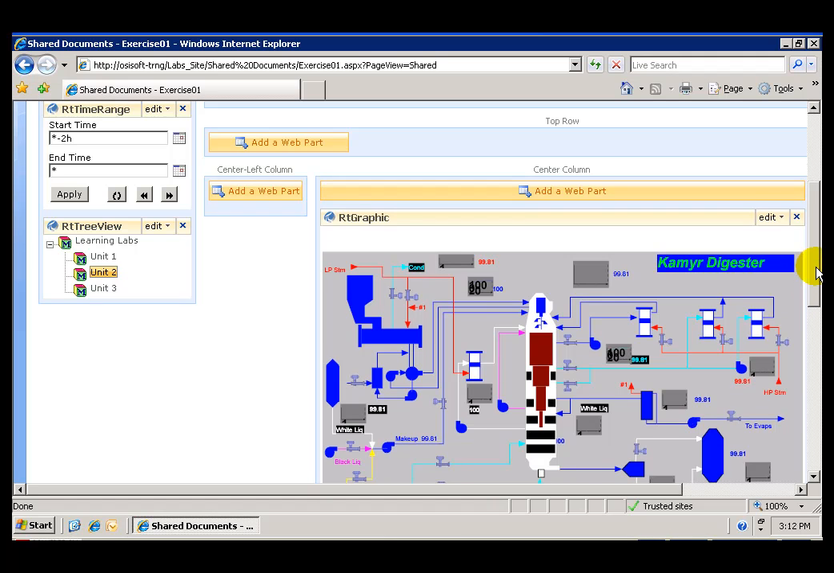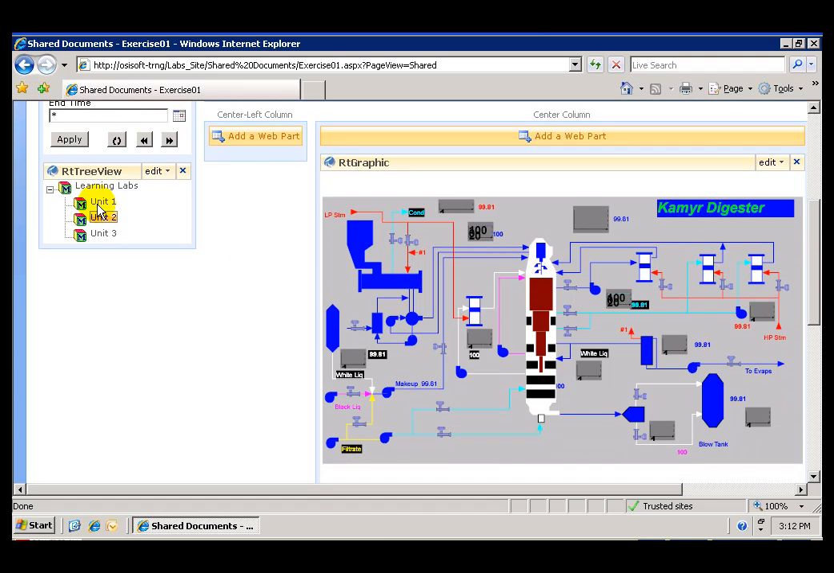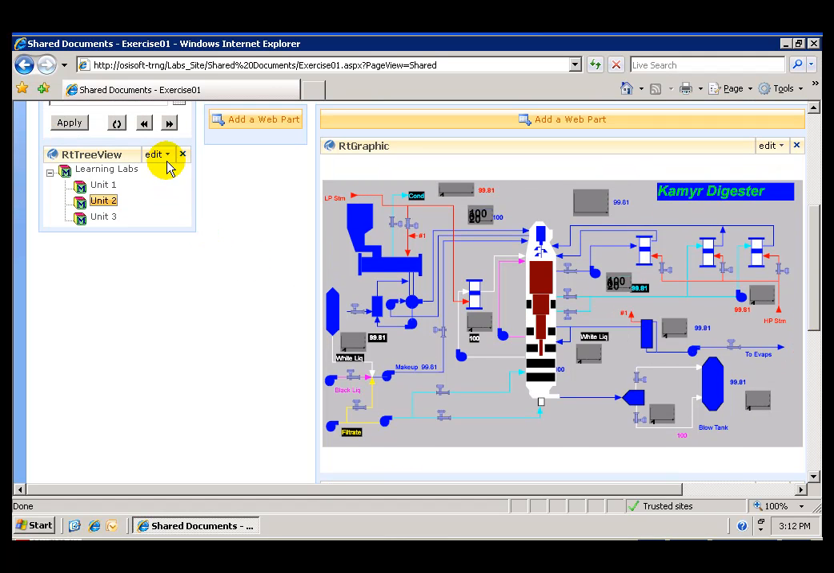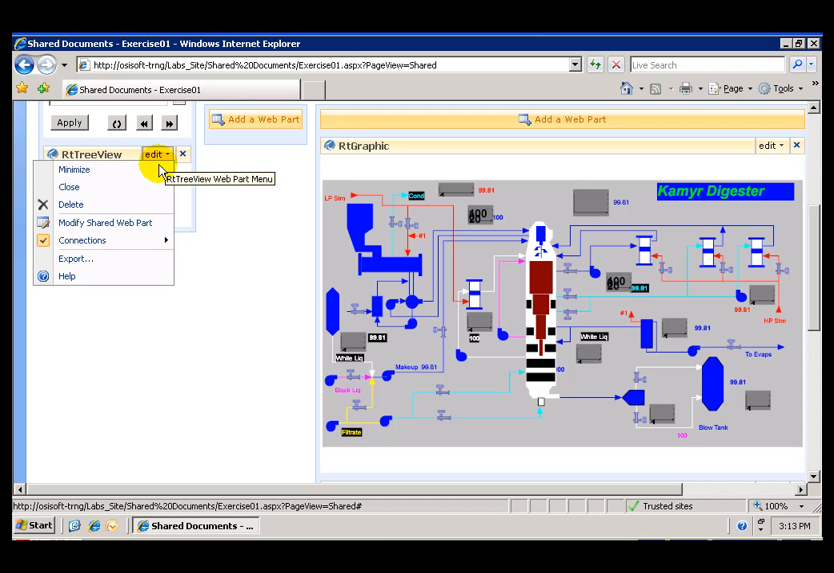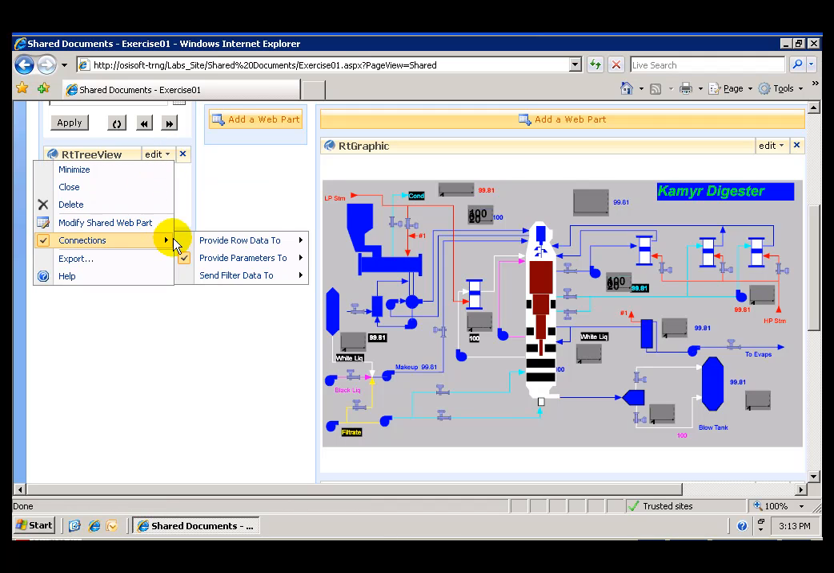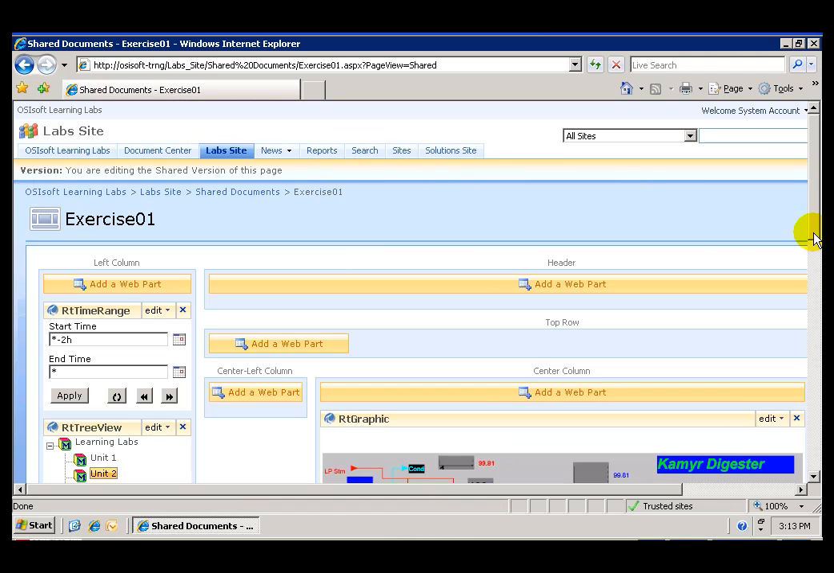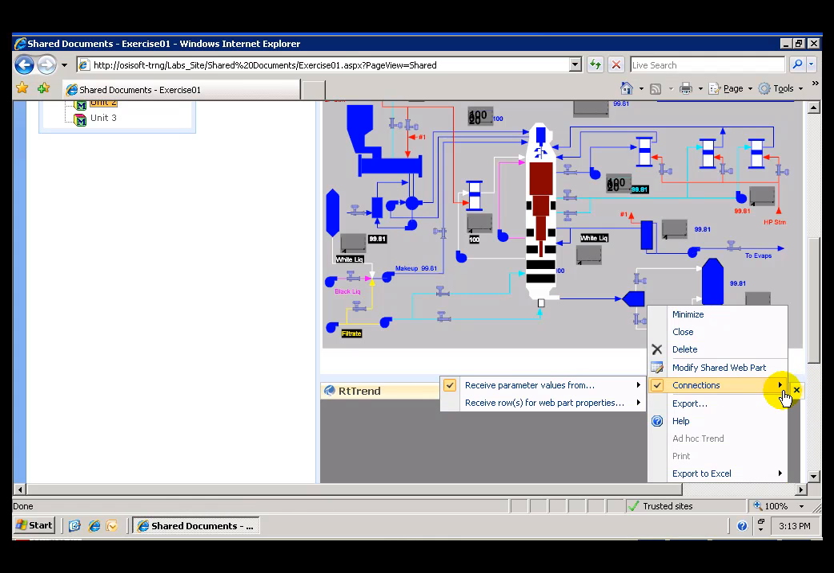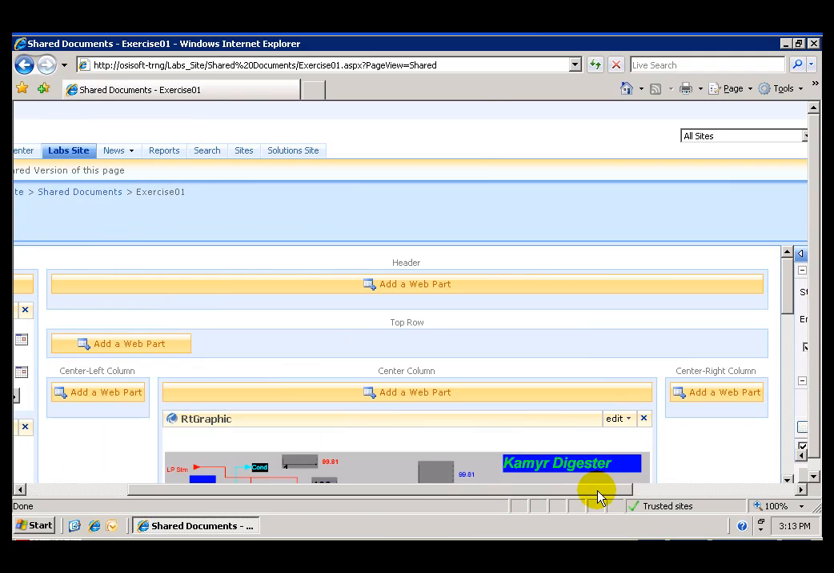Now I want to connect RT tree view web part with the RT trend web part in a similar way. Under RT tree view, I go to Edit, Connections, provide the parameters to RT trend, and now that I have that connection, I can go ahead and modify the RT trend by going to Edit, Modify the web part,